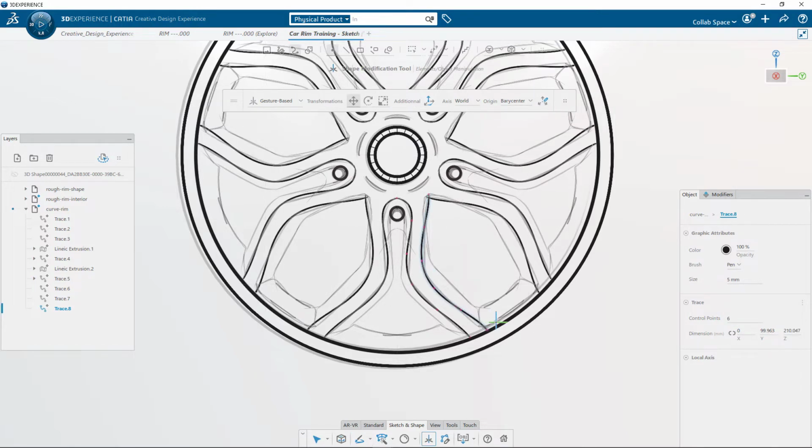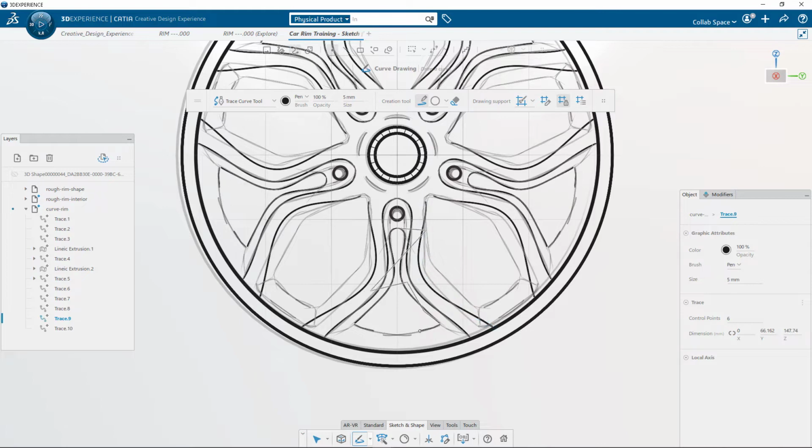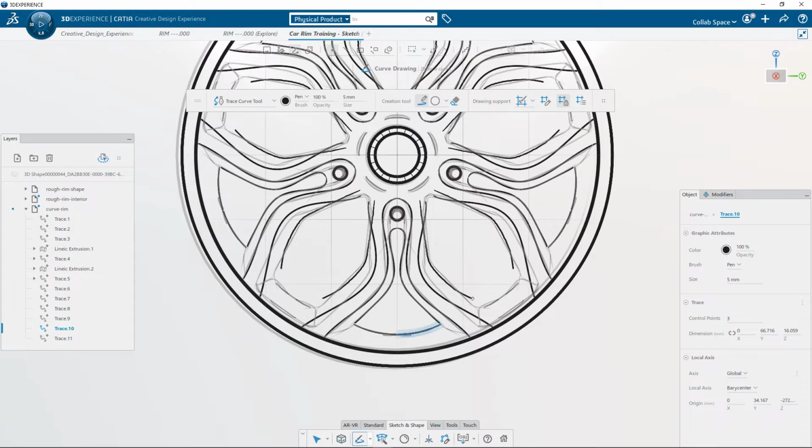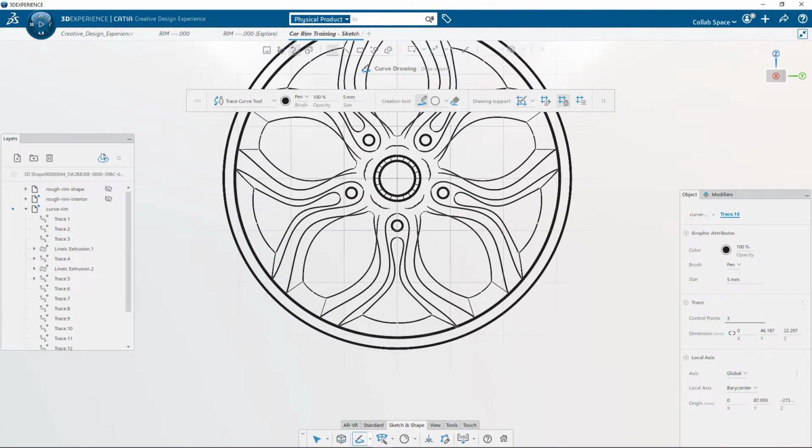To create the complete rim concept, I simply continue to alternate between curve creation and manipulation. The fact that I applied two visual modifiers previously on top of the layer helps me to gain a lot of time by only sketching one part of the rim and see directly the complete rim updating without requiring any interactions. After creating all the curves, I can hide the two layers that contain the reference rough.